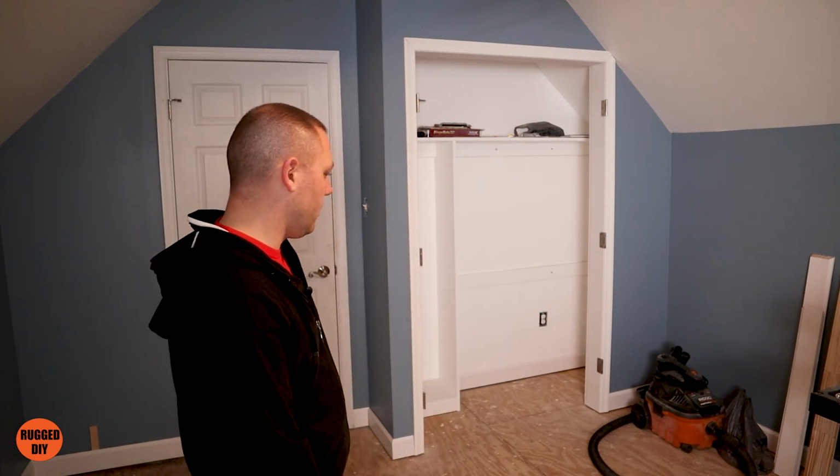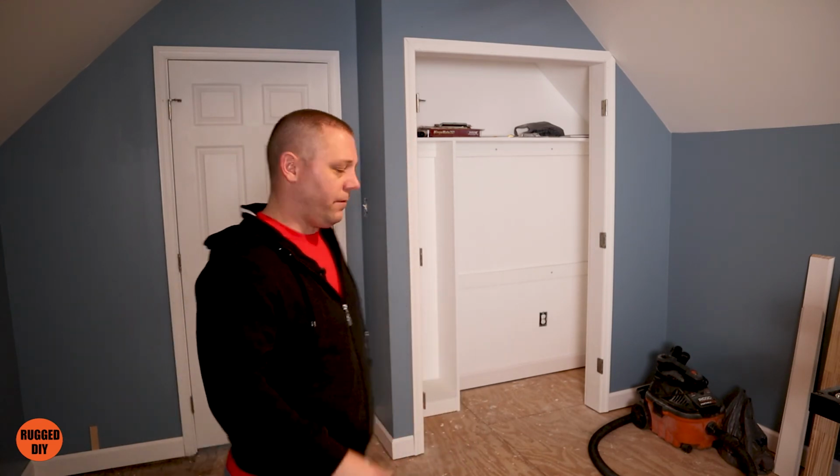Hey everyone, welcome back. It's actually the next day. Everything kind of took so long yesterday getting all the trim done. By the time we finished, it had already been 10 hours that I'd been working on cutting the trim and hanging everything. So I just didn't feel like coming back and shooting the rest of the trim last night. But just to follow up,